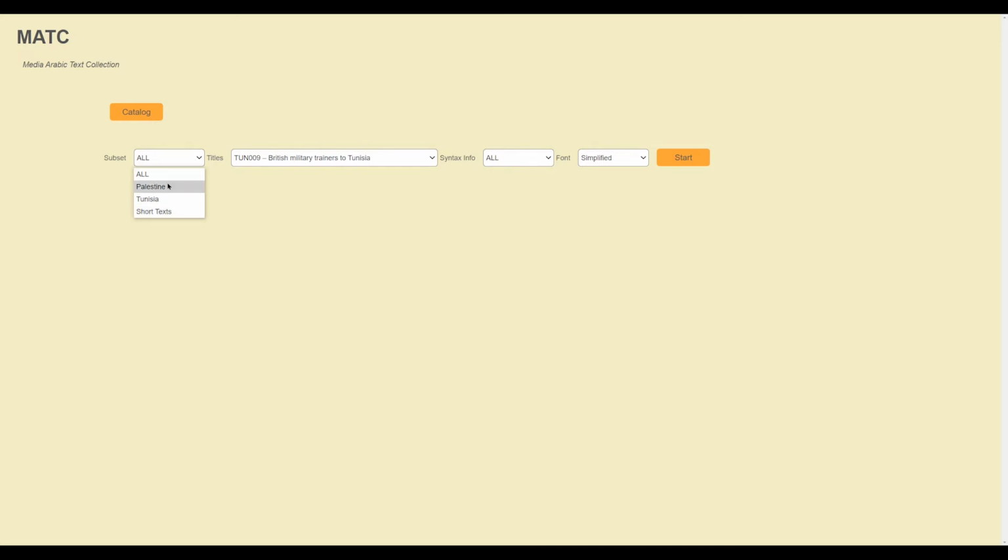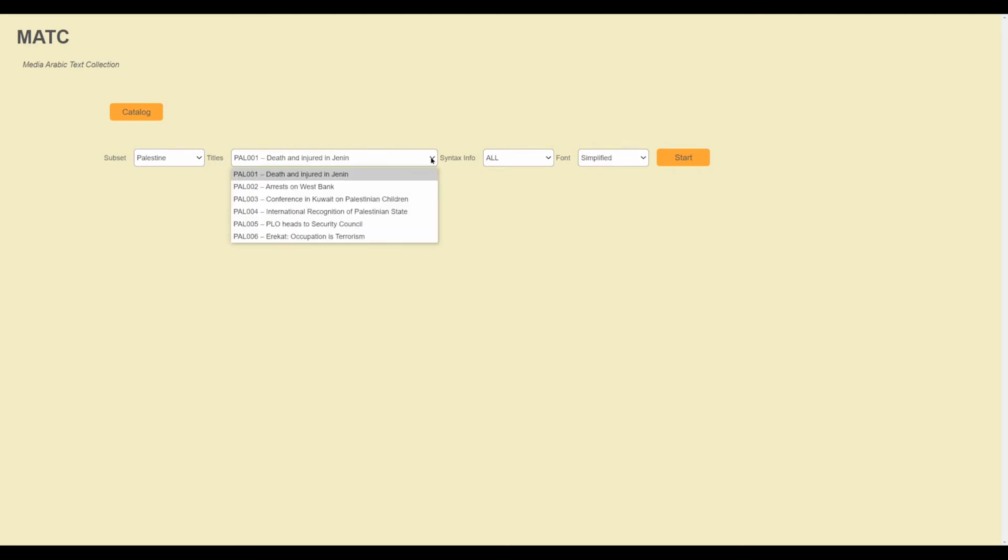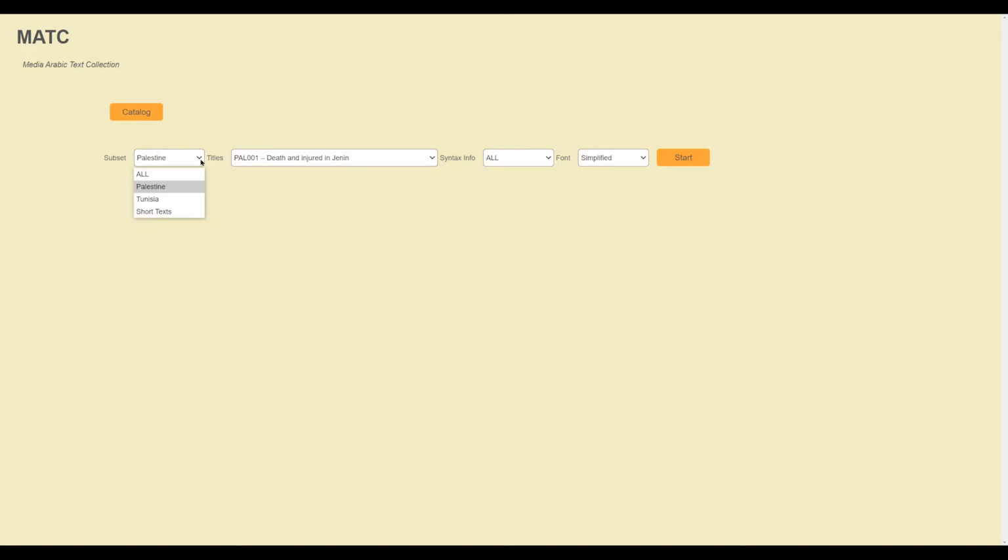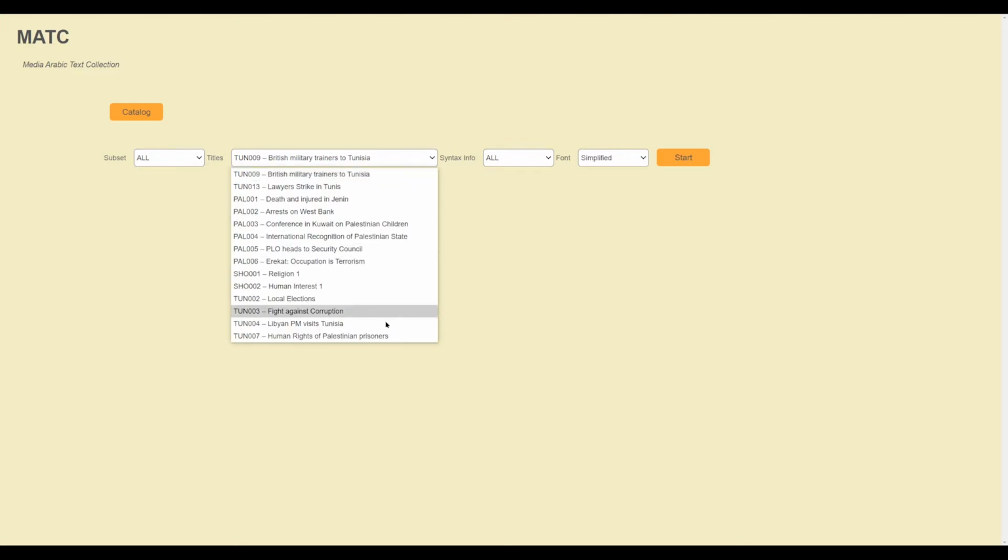You can choose a subset, and then in this list you will see only the texts from this subset to make a choice. If you want to make a choice from all of the texts, you just leave all,